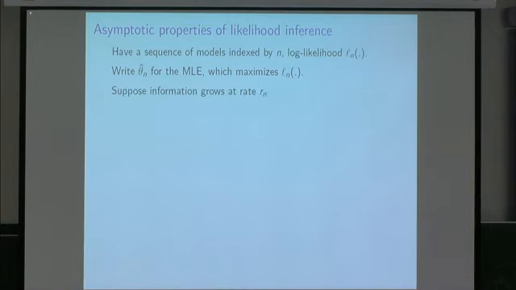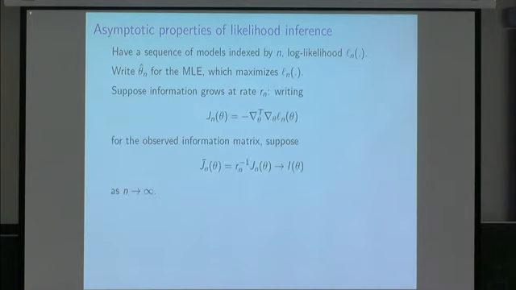And then I said I'm going to suppose the amount of information about the parameter grows as n increases, at a particular rate, which I'll call Rn. So you could think of Rn as being some kind of effective sample size for the parameter. To be a bit more precise, if you write down the observed information matrix, so minus the second derivatives of the log likelihood, I'm basically supposing that that matrix grows at rate Rn. If you normalize the matrix by Rn and take the limit, it would tend towards some constant positive definite matrix I of theta as n tends to infinity.